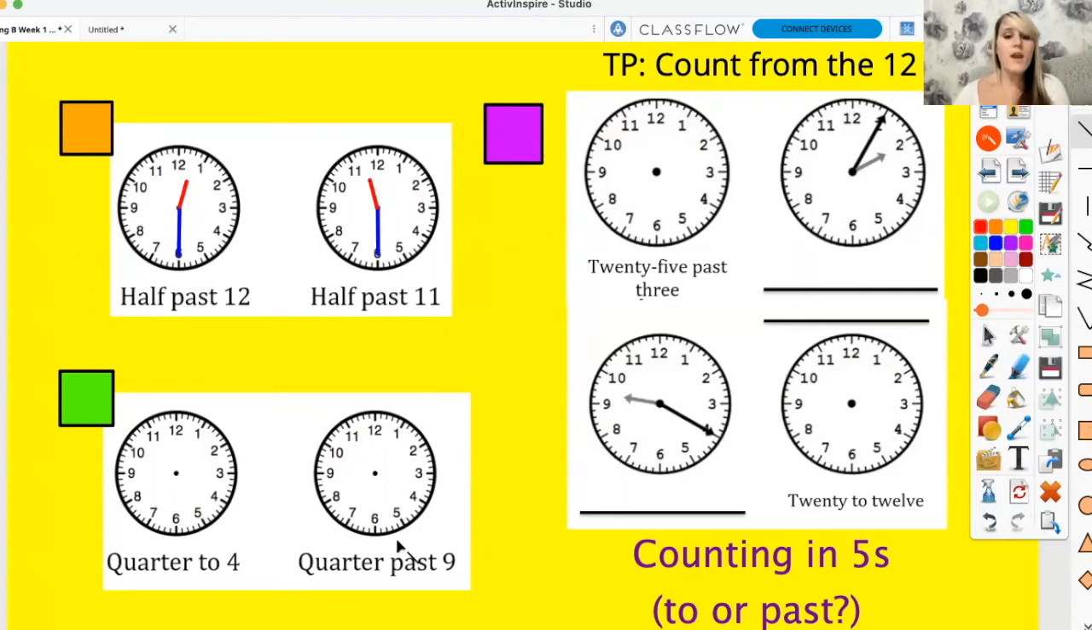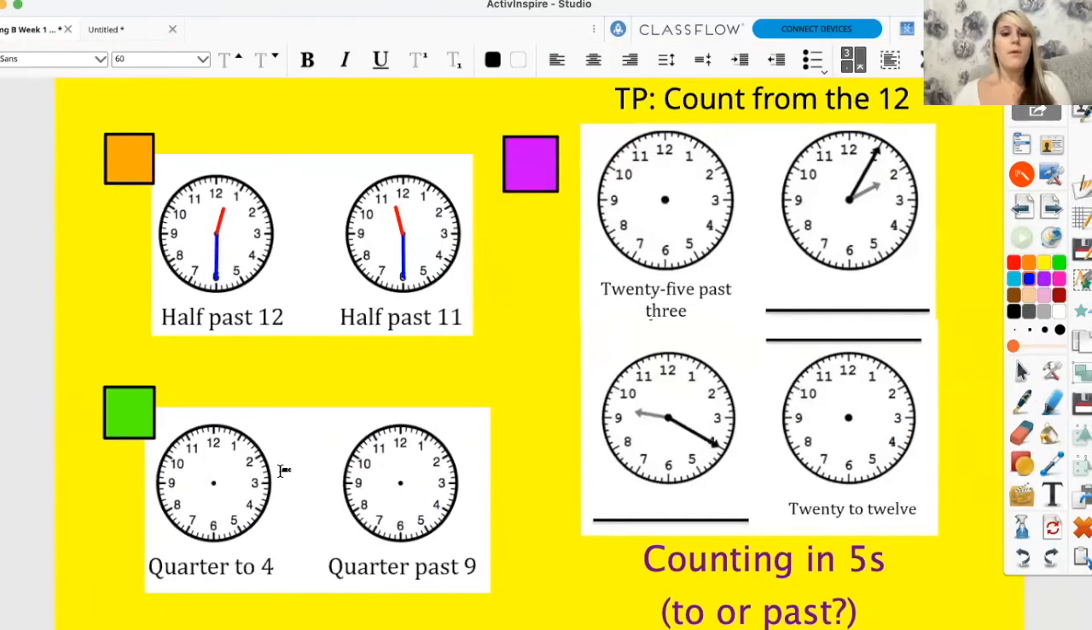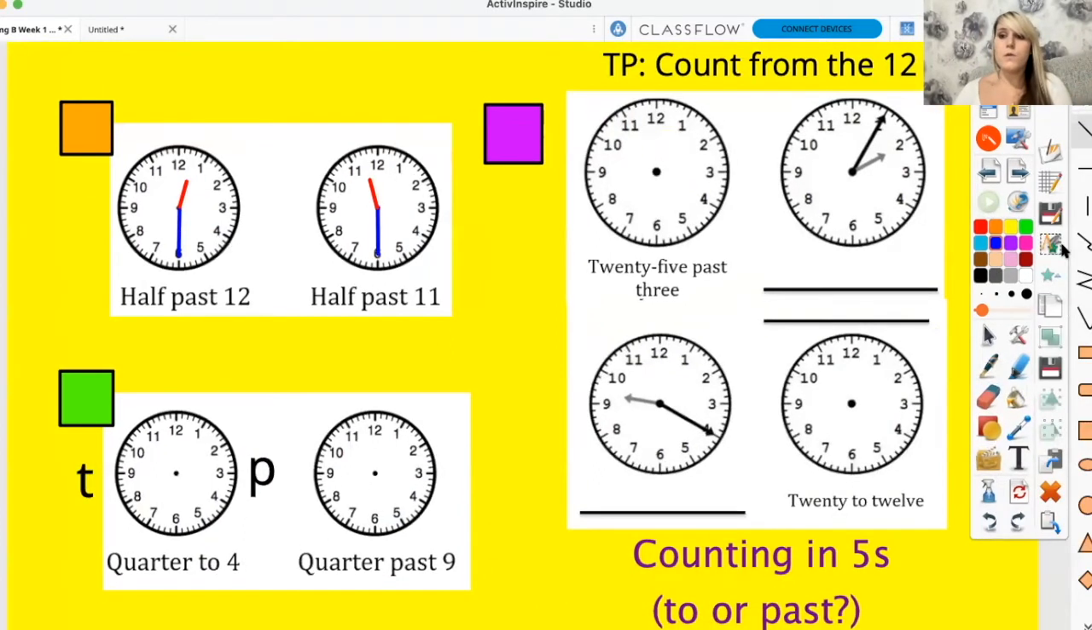And then with the green, we have quarter to and quarter past. So if you need to, you can put a P on one side of the clock and a T for 'to' on the other side of the clock to give you a hand. So quarter to is on the left-hand side of the clock. So I'm going to draw the minute hand pointing at the 9 because that will give me a quarter of the